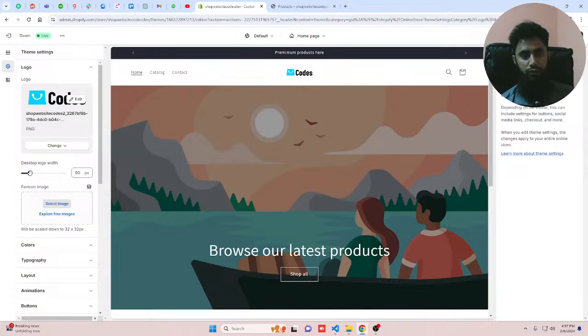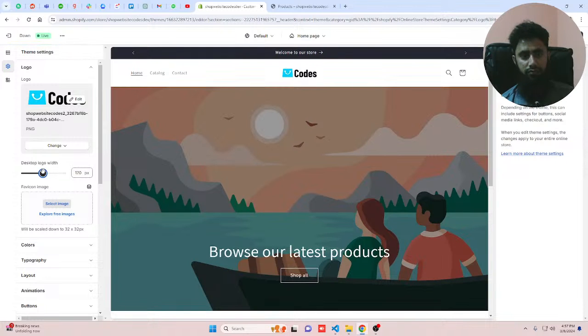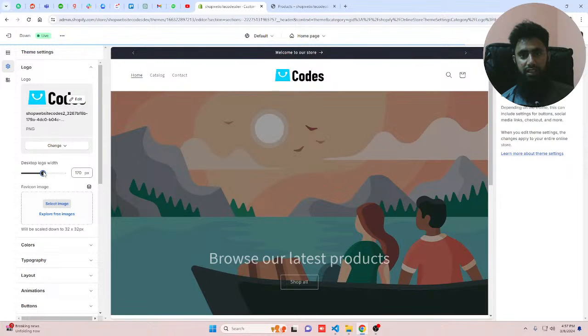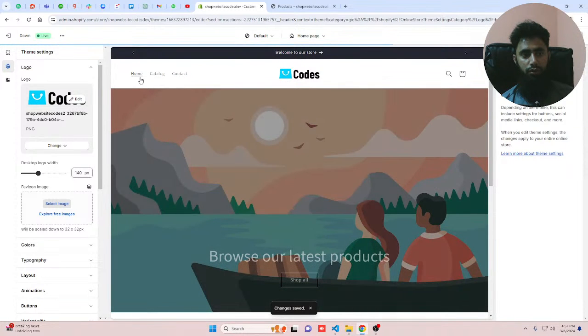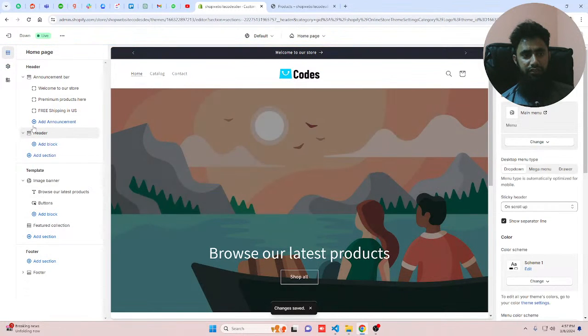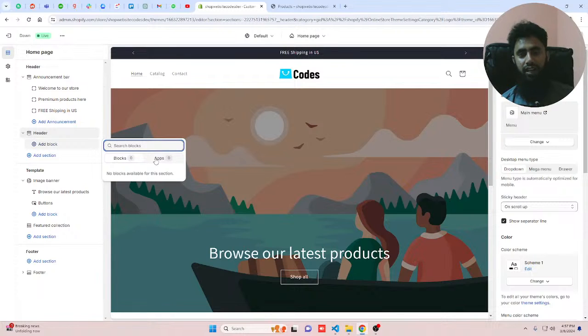If you want, you can increase its width or height. Here we go. You can increase it more bigger or maybe decrease it, and then click on save. So that's how it will look like this. And then we have some other things, like if you want, you can add any block. So right now we don't have any other block. If you have installed any of the app, so maybe some more customization possibilities you will be having, but right